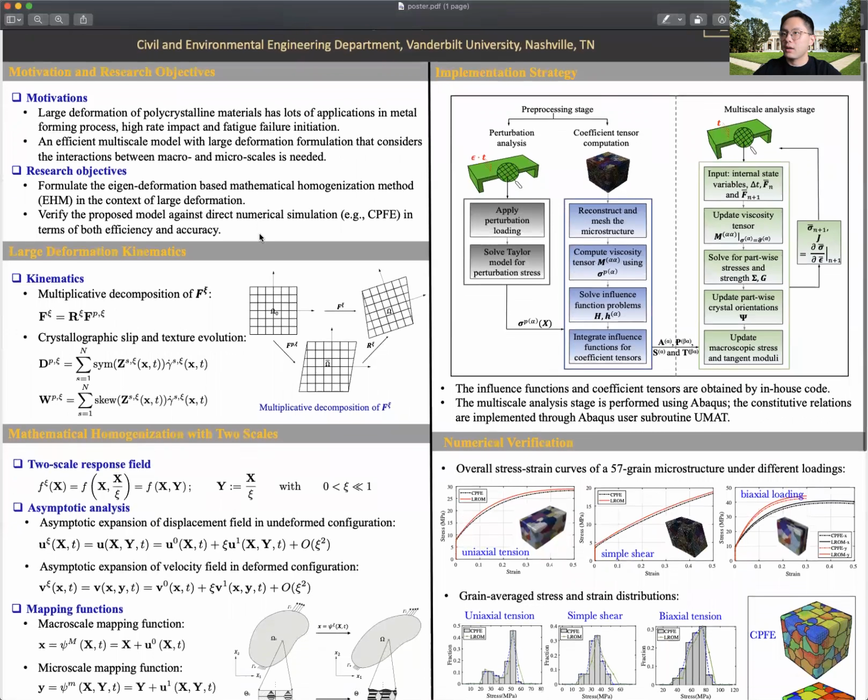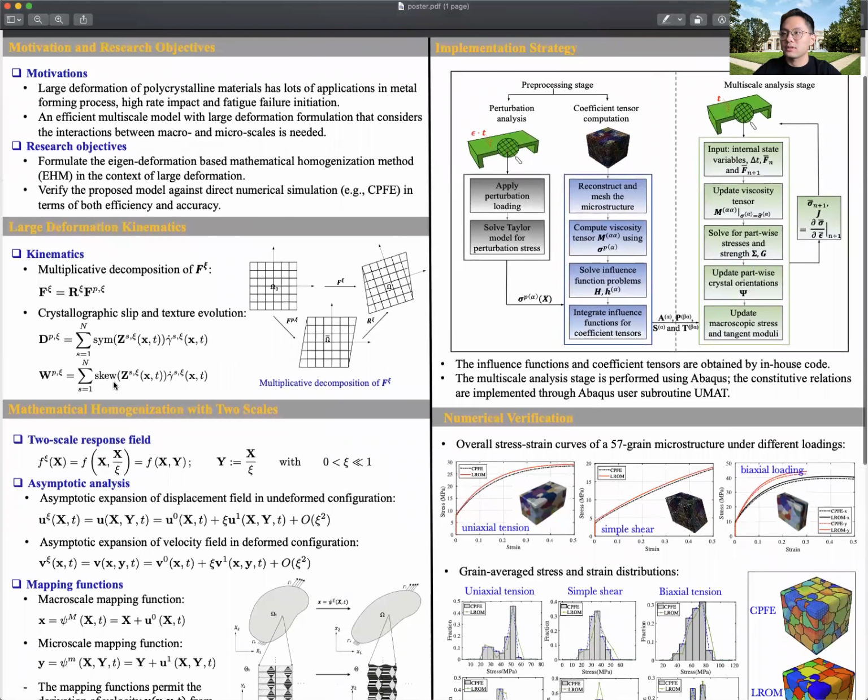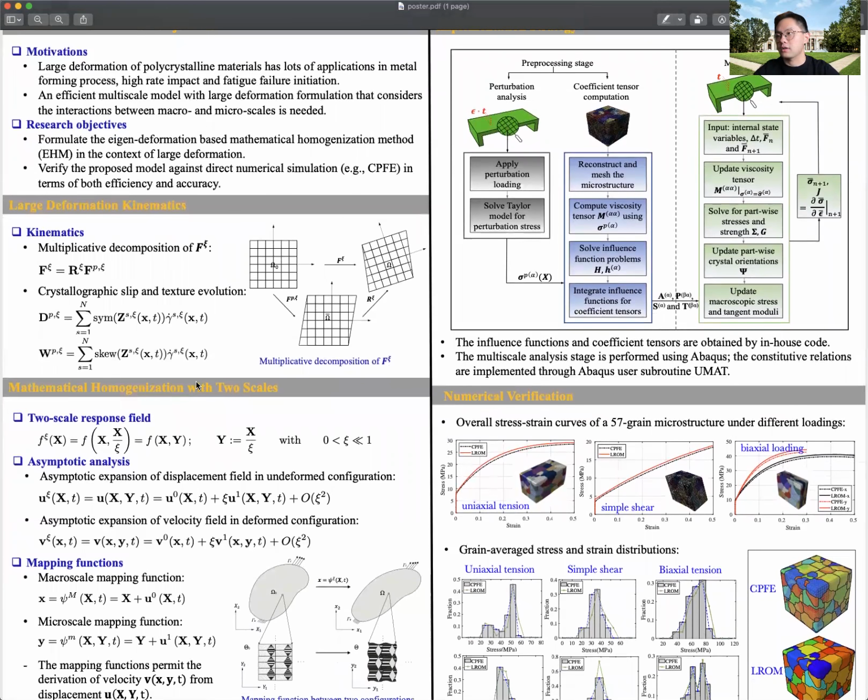So to begin with, we introduce the large deformation kinematics, which is an essential part that is distinguished from our previous work, which is for small deformation. And particularly, we introduce the texture evolution, which is a very important part when we're considering large deformation of polycrystalline